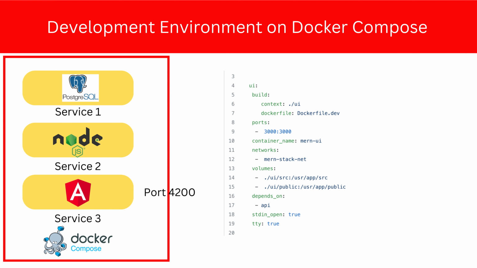So let's look at the UI. It doesn't matter whether it's Vue.js, Angular, or React; the UI service looks similar. The first command is build. Either you can pull the Docker image from some container registry, or you can build the Docker image by providing a Dockerfile. Here we are providing a Dockerfile, and in the Dockerfile there are a number of steps to generate a Docker image. So when you run docker compose up, it will read the steps from the Dockerfile